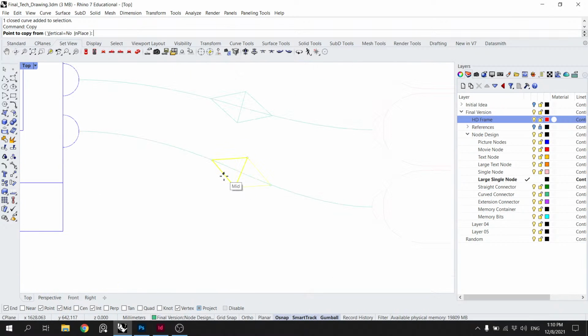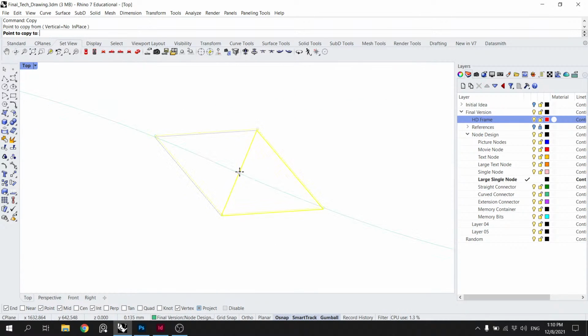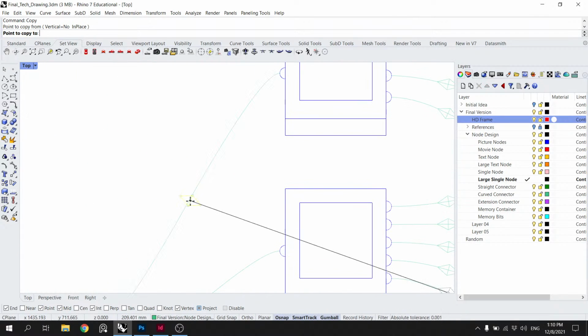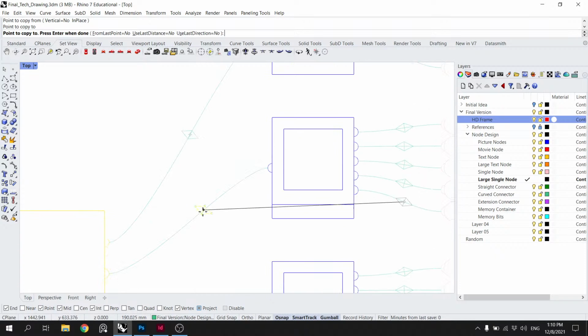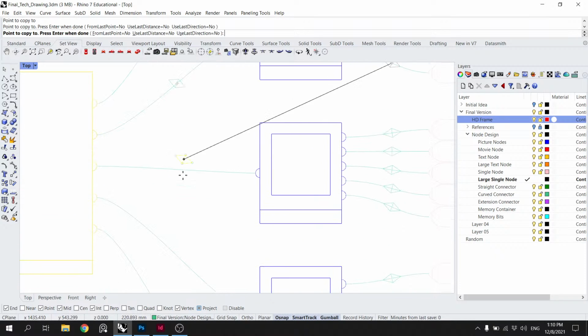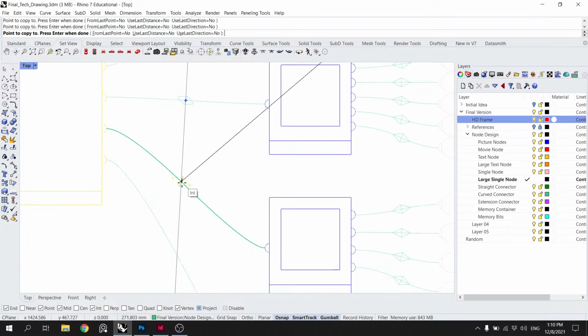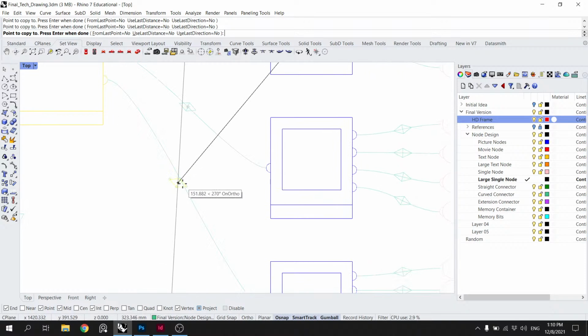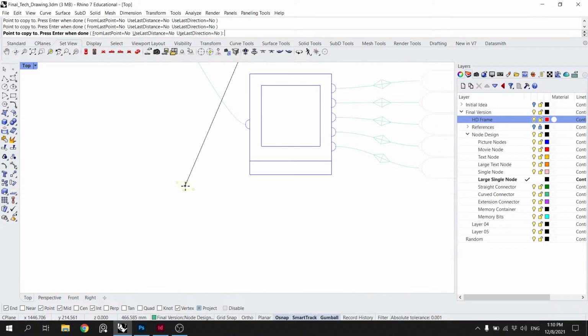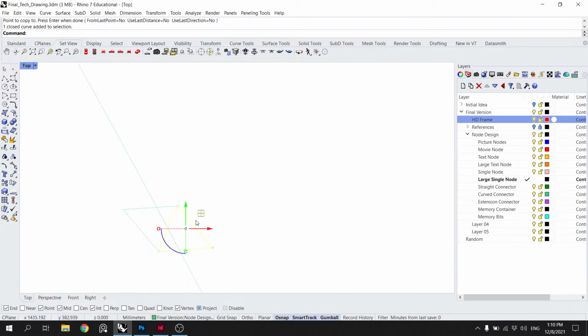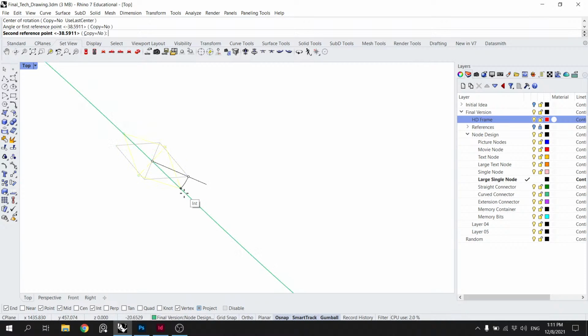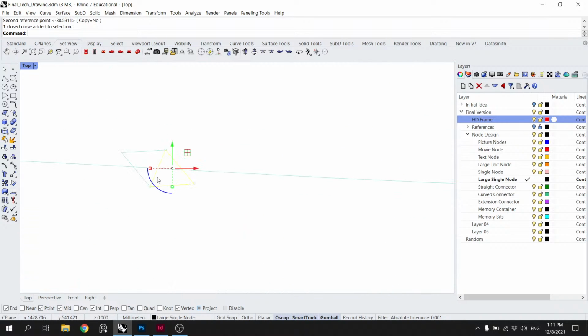You just gotta copy these guys from their center, from their midpoint, and go on this curve and just find their mids. Mid. Mid. Okay. Then we just select them, rotate them from there to their intersect. Like that.